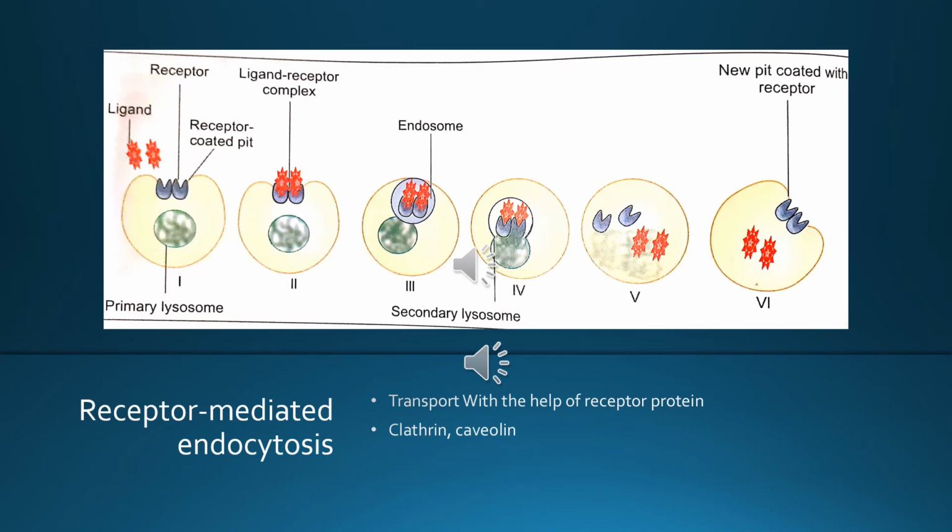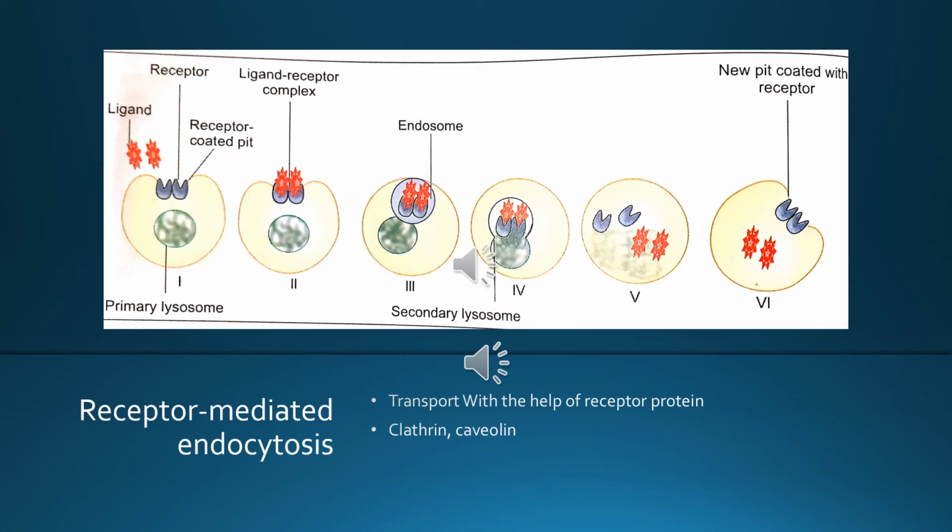Next is receptor-mediated endocytosis. This is the transport of macromolecules with the help of a receptor protein. On the surface of the cell membrane, there are pits which are coated with receptor protein like clathrin, caveolin, etc. So these pits together with this receptor protein are called receptor coated pits, and they are involved in the receptor-mediated endocytosis. This is induced by substances like ligands. These ligands, when they come near the cell, bind to the receptor in the coated pits,